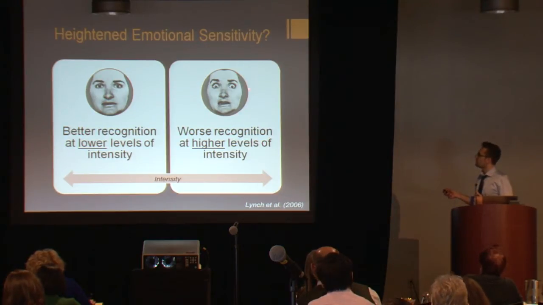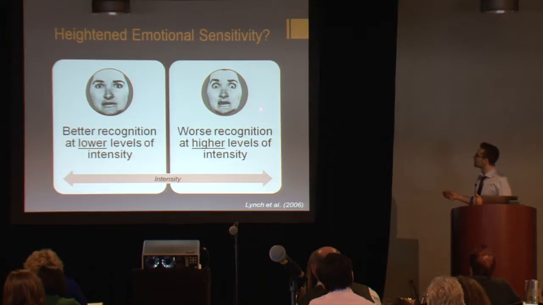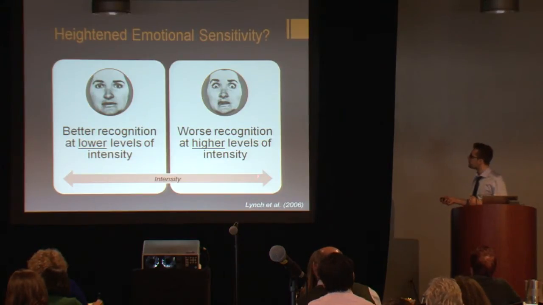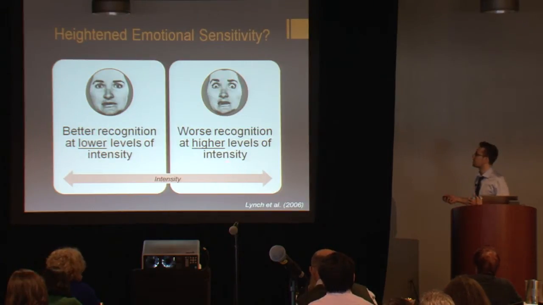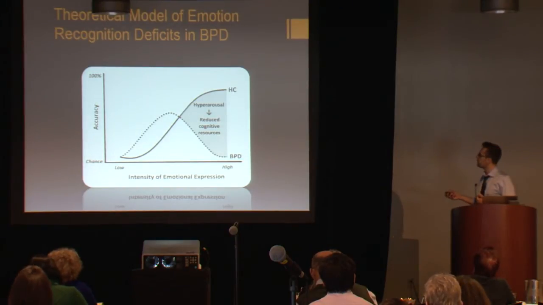Now, what people have been most interested in is the finding, which again hasn't been 100% consistent, that perhaps these individuals have difficulties recognizing emotions at full intensity, 100% expressivity, and that this may be due to this hyperarousal. So at high levels of intensity, we may see worse recognition in individuals with BPD. And why this might be hasn't really been clearly articulated, but Alex, in the recent publication of these findings, suggested that